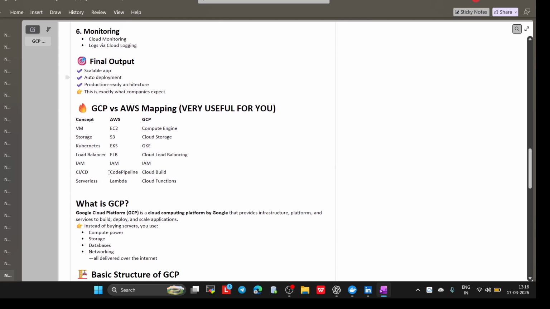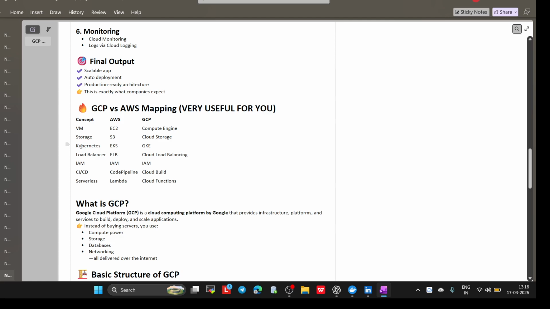Now let's take a look here and understand AWS versus GCP. See, the virtual machine for AWS is EC2, and for GCP it is Compute Engine. Storage for AWS is S3, and for GCP it is Cloud Storage.